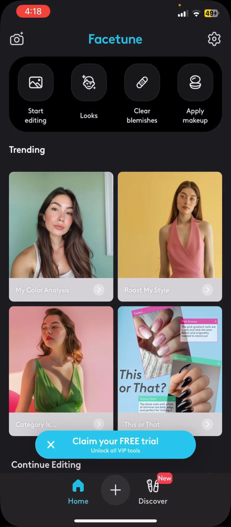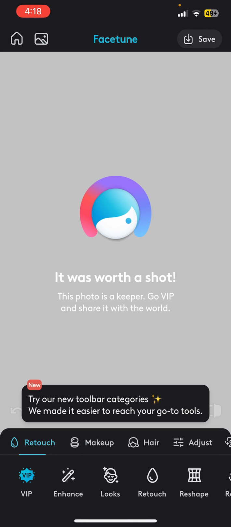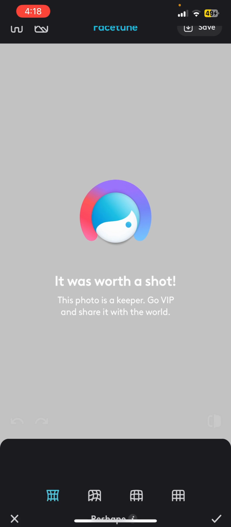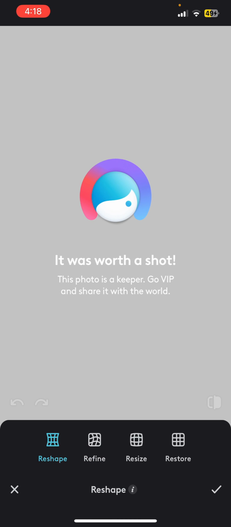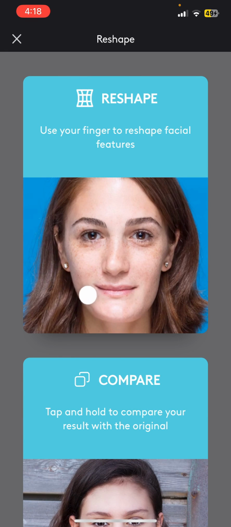So let me choose one of them, and now you can see lots of edit options at the bottom of the screen. So make sure you are in the retouch section, and at the bottom right corner of this you can see the reshape option. So simply select the reshape option and now you'll be able to remove your double chin successfully from here. So basically this is how you can remove double chin with FaceTune app,